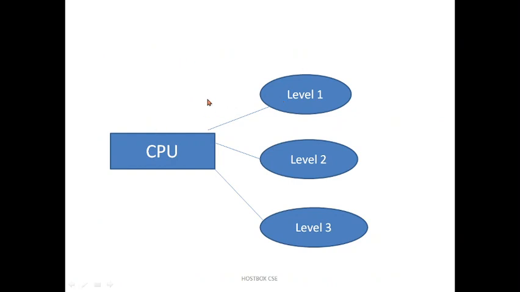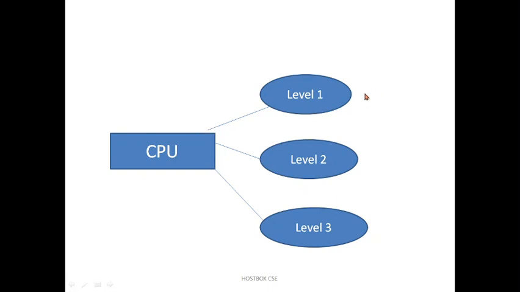The previous one was only two-level memory organization, part of computer architecture and organization. Today we are going to see three levels. The difference is just that we have added one more level: level 1, level 2, level 3. We go for simultaneous or independent memory locations to improve the performance of the computer and increase the speed of data transfer. There are many points in this area of computer organization.